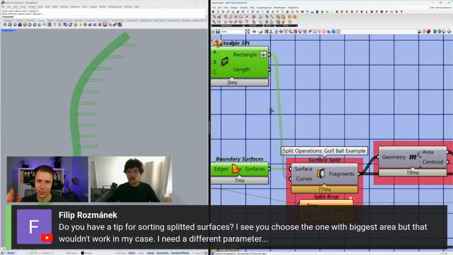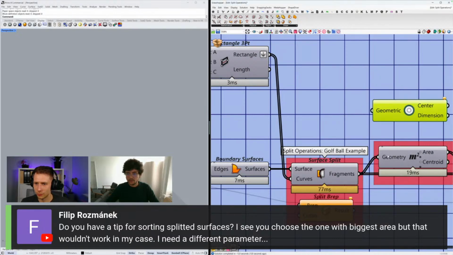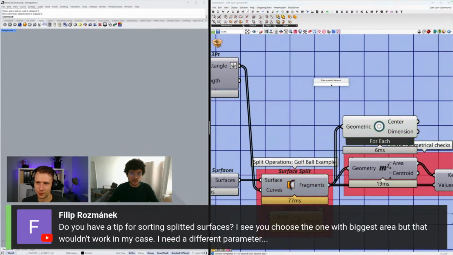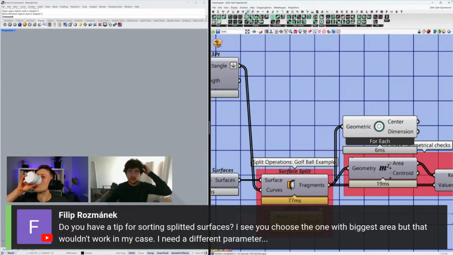Let me see. I cannot. I mean, there are many options, no? So here is another one that I just saw. For example, you can get the center of all of your surfaces, and then do again a containment, but it will be a 2D containment, no? So there are two types of containment. I will talk about the other one later.